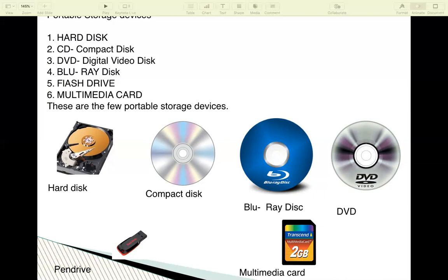What we have seen today is just a glance at different storage devices. We are going to learn what is storage capacity, what you mean by megabyte, what you mean by terabyte, when we start with lecture 2. So this was just a small glance at the different types of storage devices. You already learned input, process and output devices. This was a small glance at storage devices.